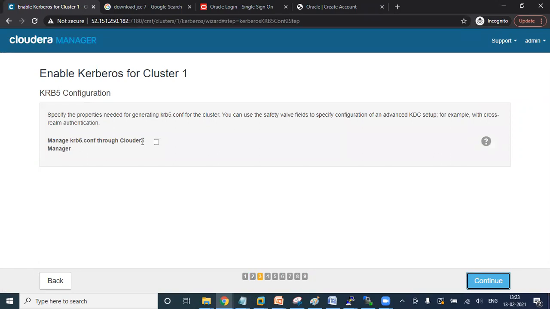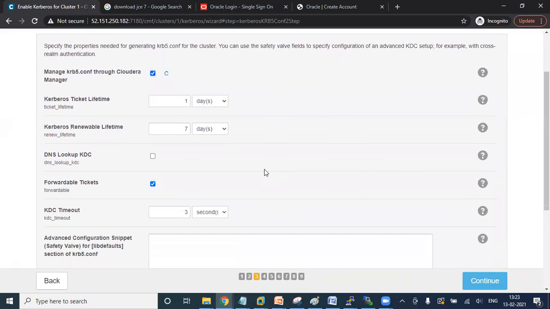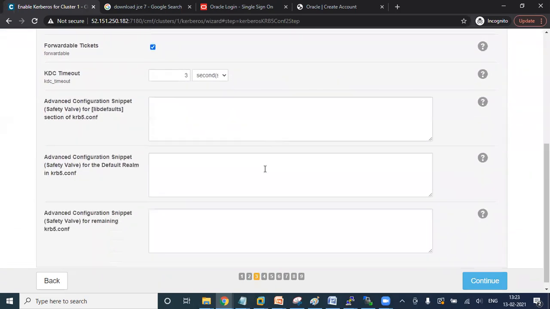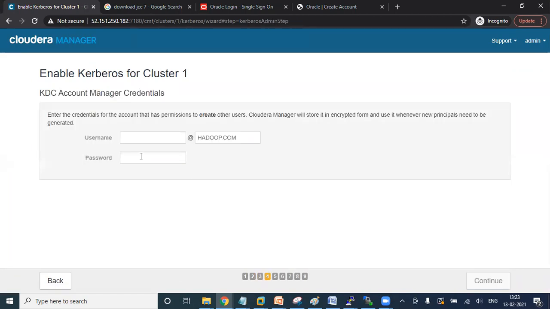Manage Kerberos configuration. So I will do a check mark so that Cloudera Manager will manage the configuration file. Click continue. Now here I need to enter my admin/admin, my super username that we created earlier.